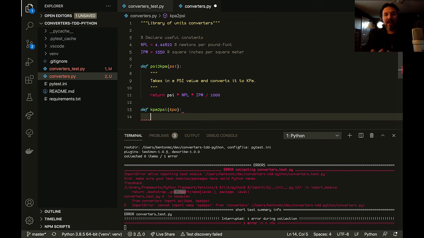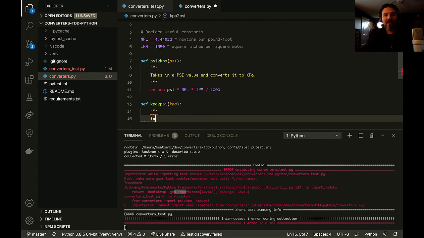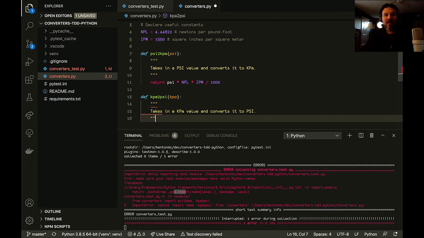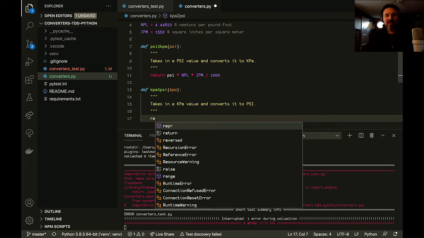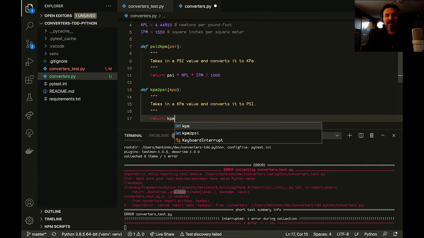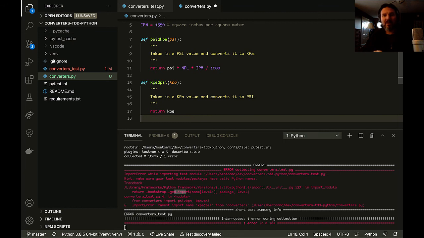Now we're learning about these style issues, and we know we need a doc block here. Takes in a kPa value and converts it to psi. So we'll preempt the linter from complaining, and just to start off, let's return the kilopascals just until we figure out what is better to do. I'm going to save that,